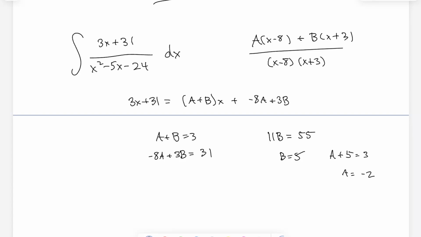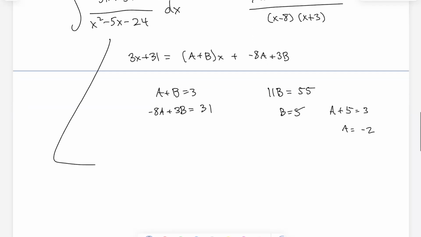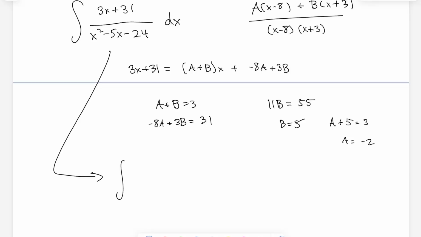Anybody, as I was going around, everybody seemed to be doing great with these. So, great. This is the bulk of the work, but we should actually write out what this all means. It means that original thing is the same as the integral. So A is the one that goes above x minus 3. So x plus 3. So this should say minus 2 over x plus 3